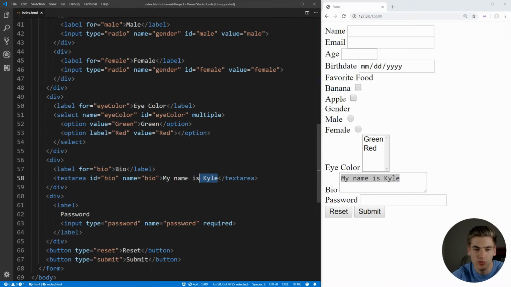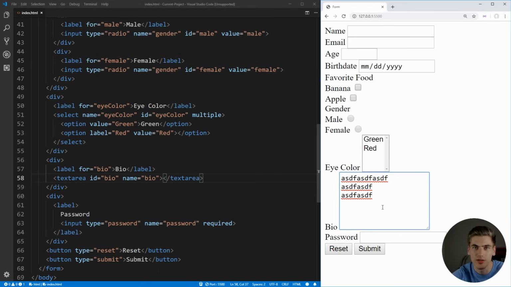But let's just remove that default value for now, and we save that, and you see we can enter in our value as we want, but we can also hit enter and enter in multiple lines of text very easily, and we can even expand this if we need to make it larger to work with. Now select and textarea are the only two anomaly types of elements that don't actually use the input for their element. So now let's go back to the input element to talk about another really interesting element,